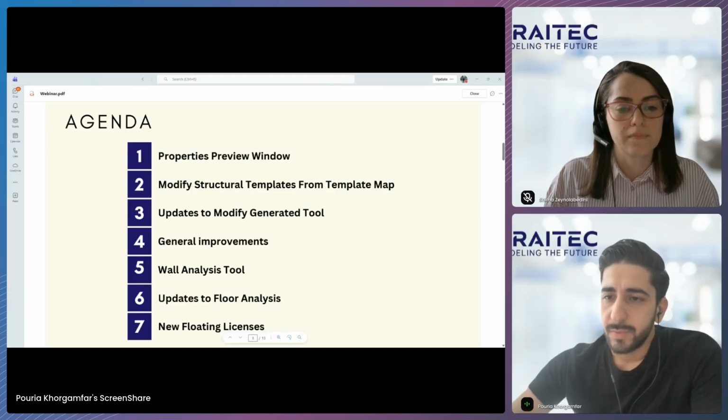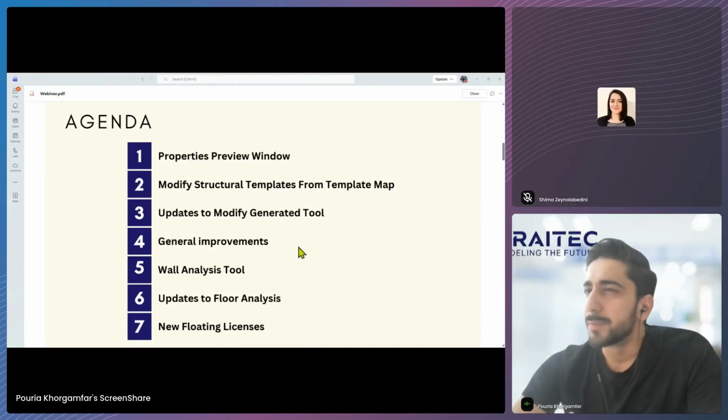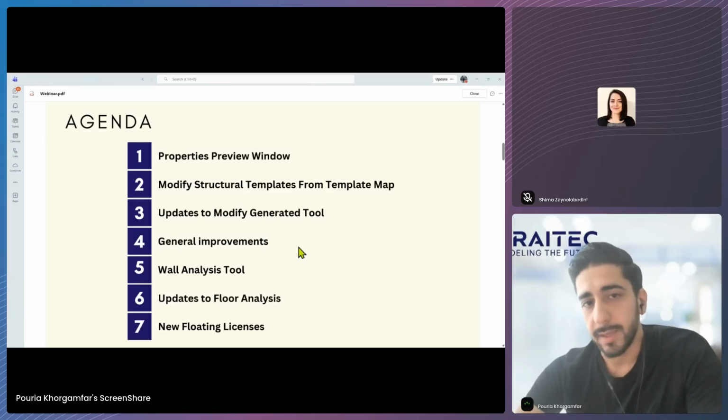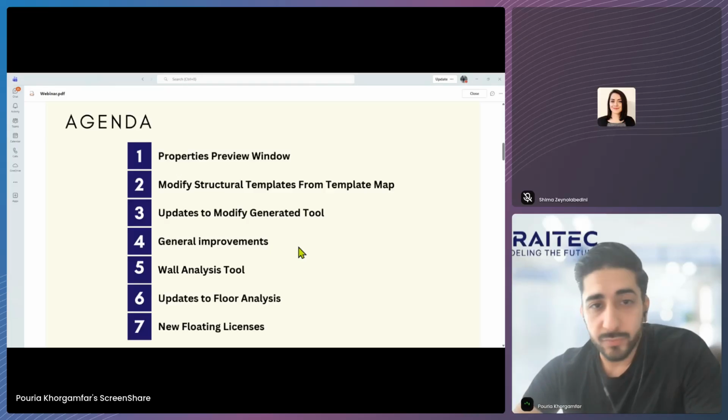And next, we would be going into a deeper illustration of some of these tools to see how these changes are changing the workflow of creating the framing of your walls. We are having some improvements on the modified generated tool, and then there are some general improvements that I've taken some of those into this presentation. I'm going to show you that in